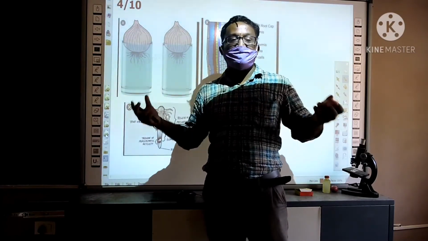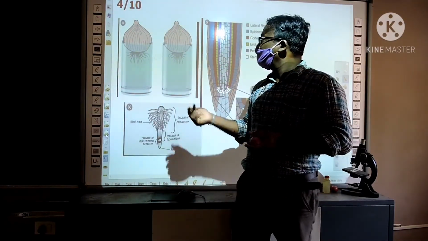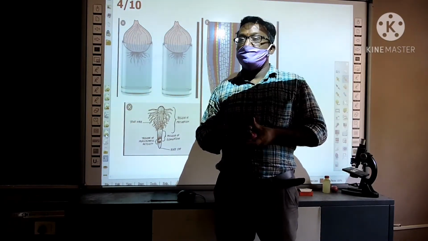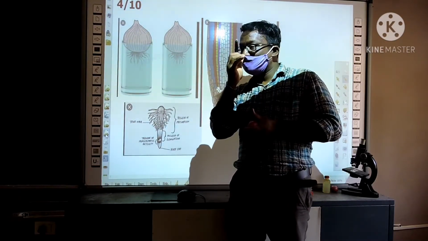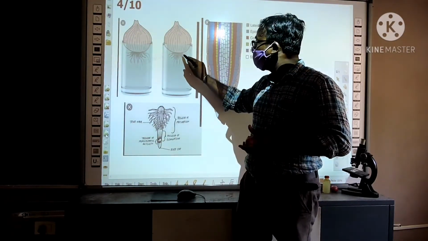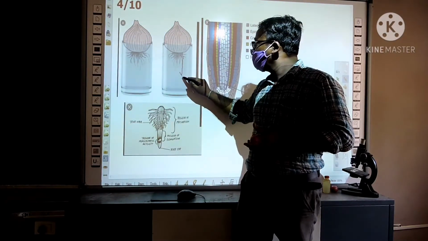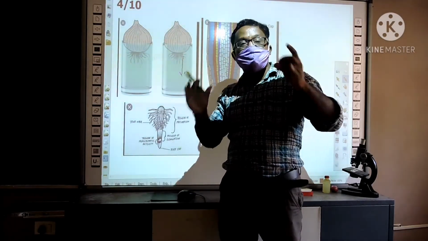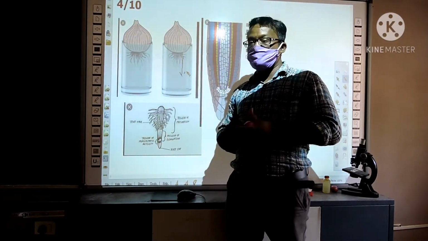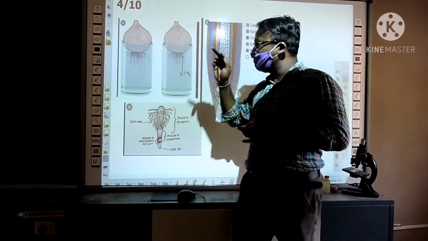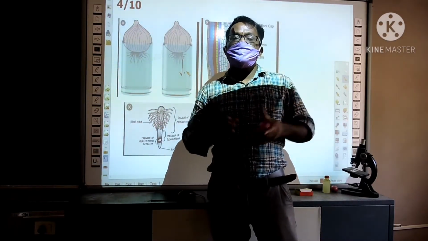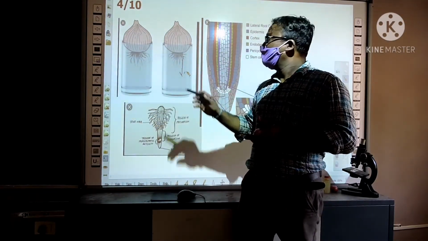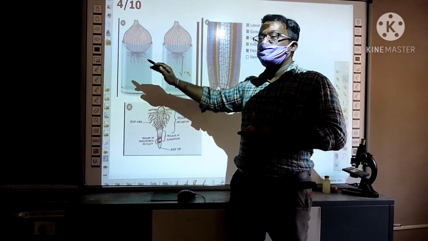Let it grow for a few days. So what will happen? The roots grow like this, in a downward direction. Understand? So what's happening here? The length of the roots is growing. That means there are particular types of cells in the roots which are helping them grow in length. To observe that, we can do an activity after the growth of roots.